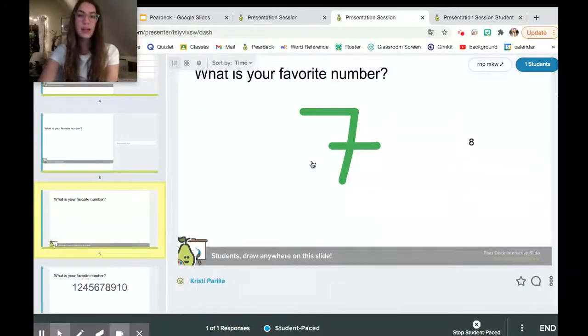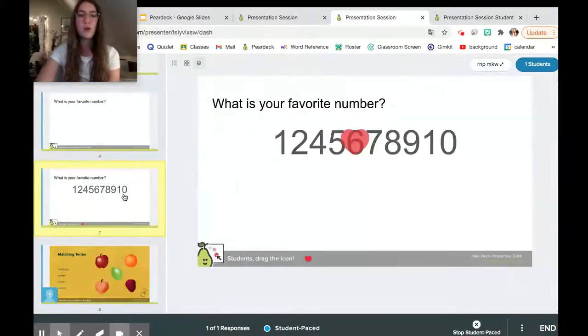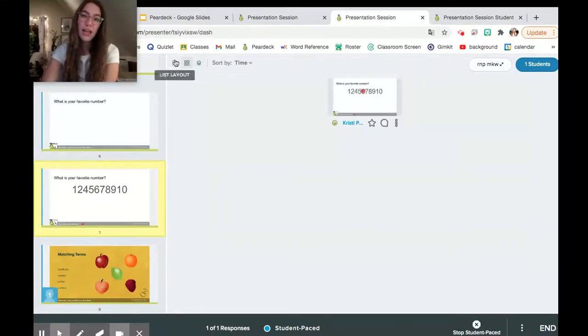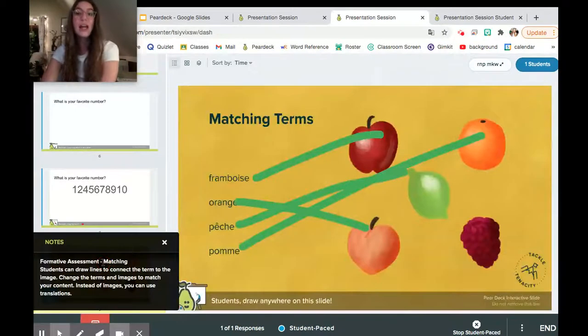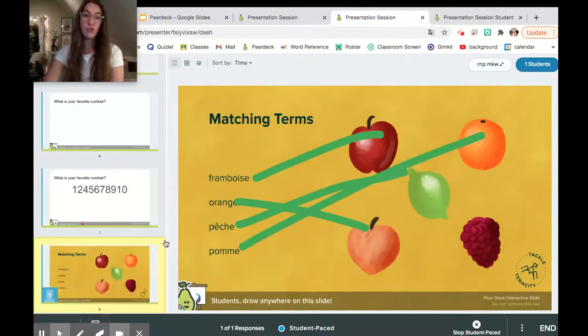Same thing here. I can scroll through the different answers, or I can see all of them at once, or I can even do list layout and view it alphabetically if I so choose. There's a lot of things you can do. Same thing goes here. If I do grid overlaid layout, I will see all of the hearts at the same time and see if there's a ton of them in one area, or I can do a grid layout, or a list layout and scroll through each one to see what everyone did. And there's just so much that you can do and understand about your data from your students and what